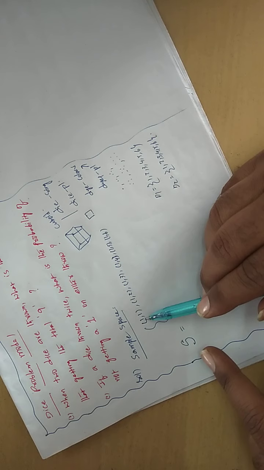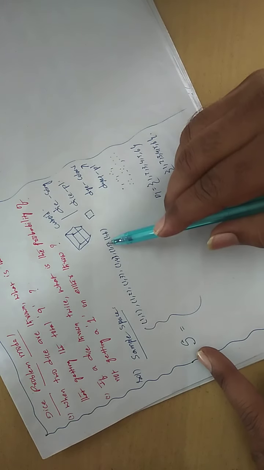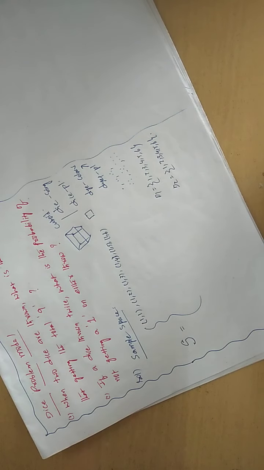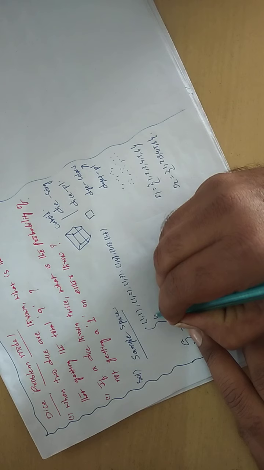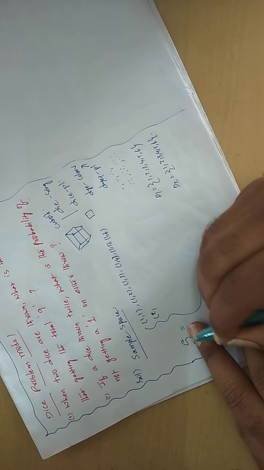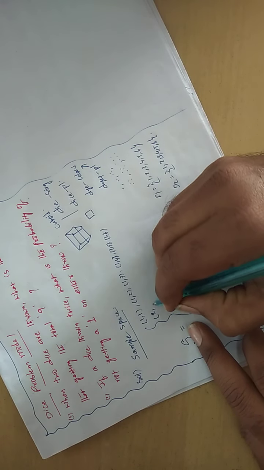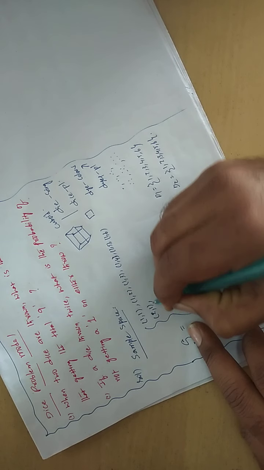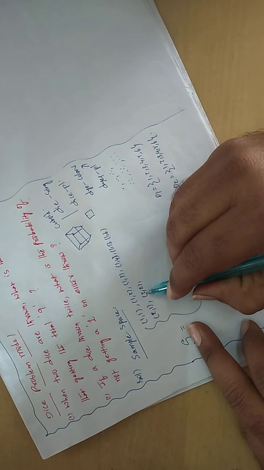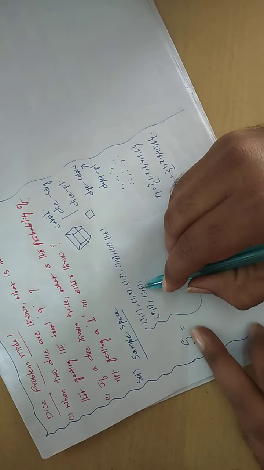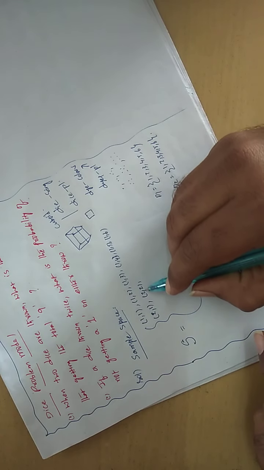So everywhere in the first die, what is the possibility? Only 1. 1 combined with other faces of the second die. Now go to the next combination. Let us suppose in the first die, the facing side is number 2. It may combine with 1 in the second die, like 2, 1. Don't confuse. This 2 is for the first die. One more 2 is for the second die. This is not the repetition.